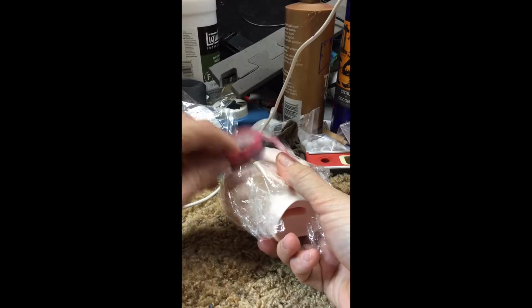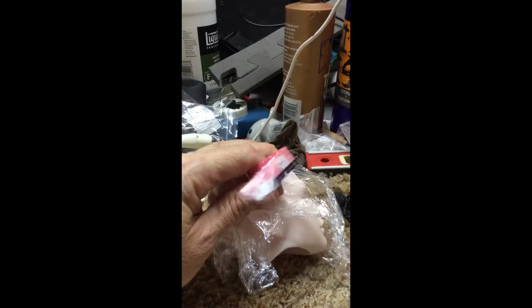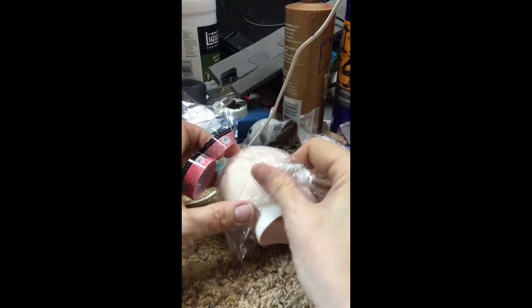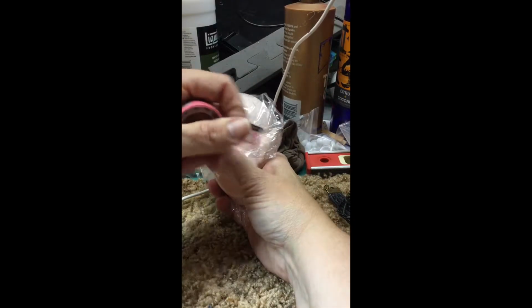And here's your tape. Doesn't matter what kind of tape you use. But Scotch tape is probably a pain in the butt and I wouldn't use it. Masking tape or duct tape is perfect. Okay, so